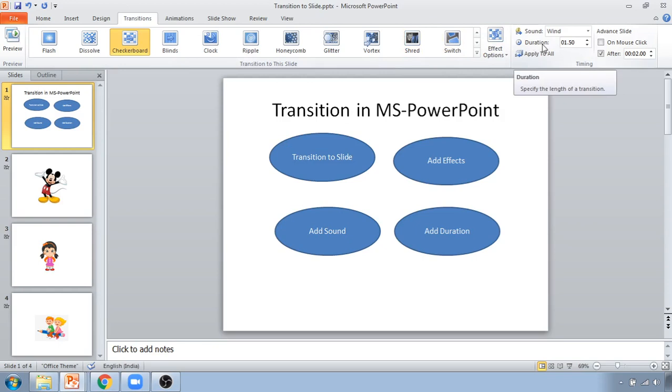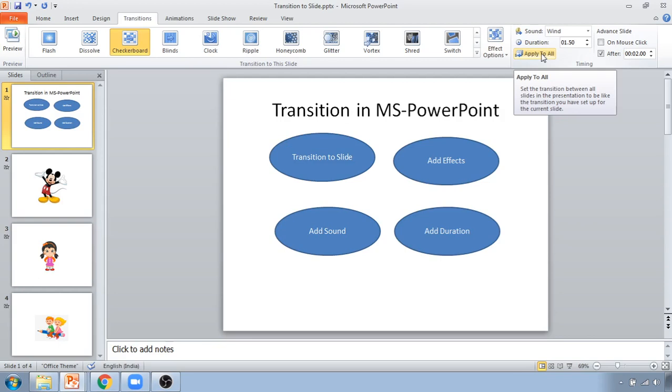You have to use the WAV format if you want to add your own sound inside your PowerPoint presentation. And whenever you apply or make changes, you have to apply to all. Otherwise that sound or the duration will be applied only to the one slide which is selected over there.